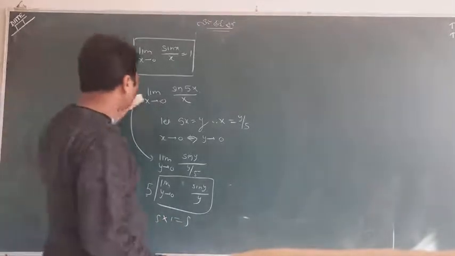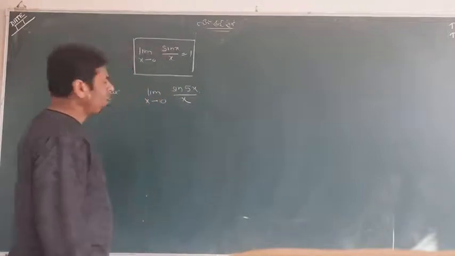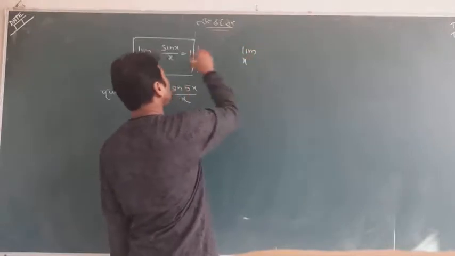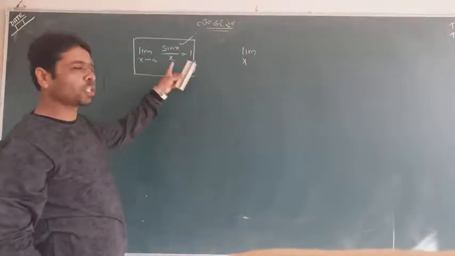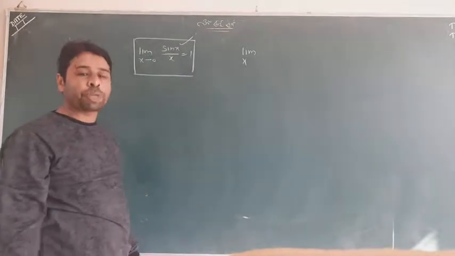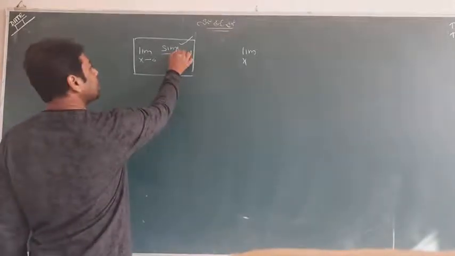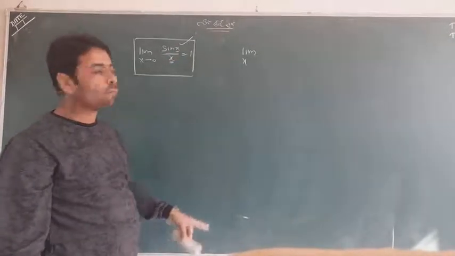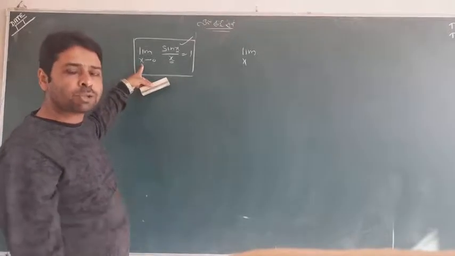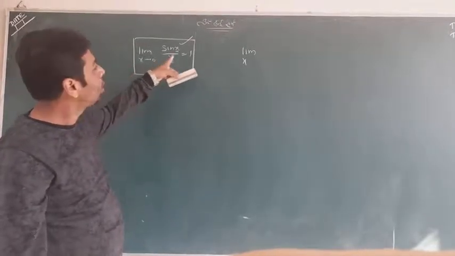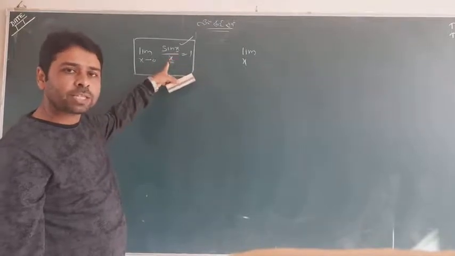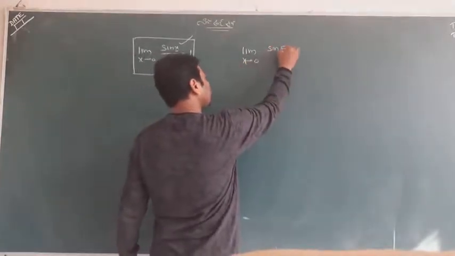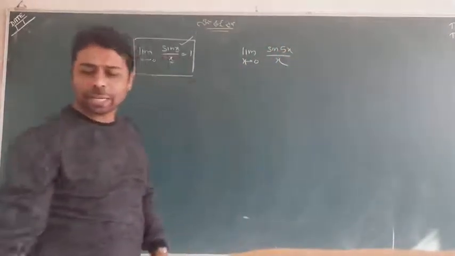I don't want to use this. Before doing, I tell you one formula which you will feel good. Look at it. We saw this formula. So I just want to tell you one symmetry. The symmetry is, if it is x here, it must be x there, meaning both terms should be equal. Then your answer is called 1 without changing this. Let it be x tends to 0, no matter at all. But the shortcut says, if this angle is x and upon it there is the same value of the angle, your answer is 1.